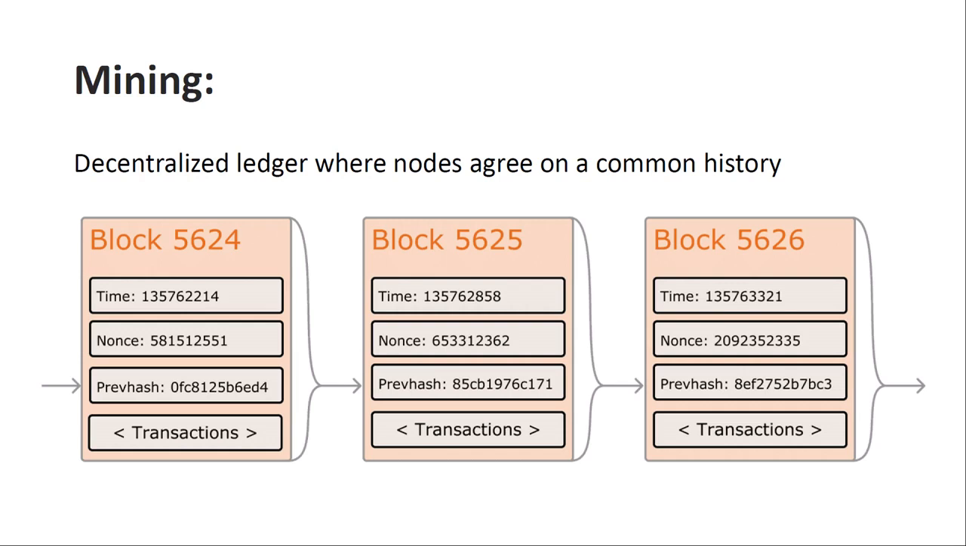And in a block, we have 3 different pieces of information: timestamp, nonce, and reference to the previous block. Okay, so